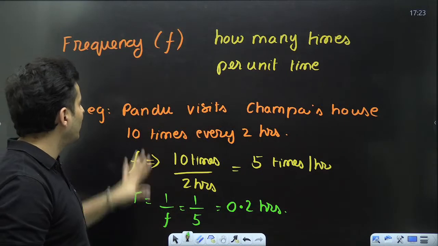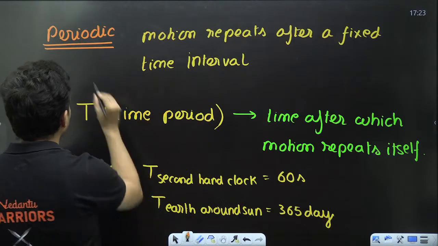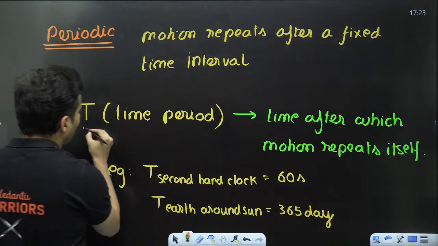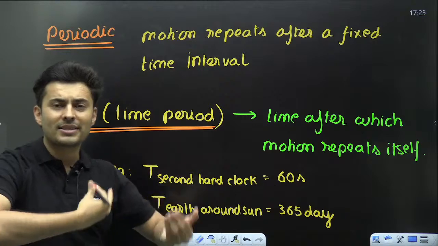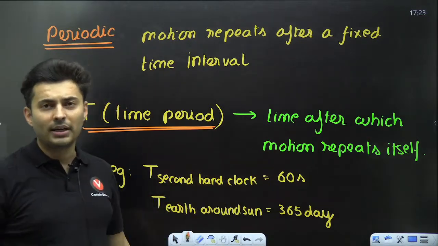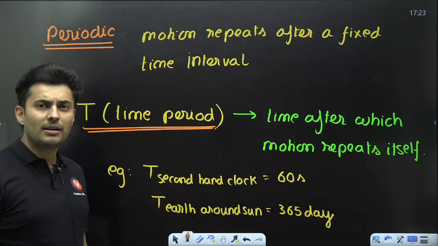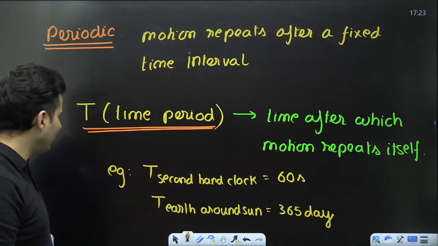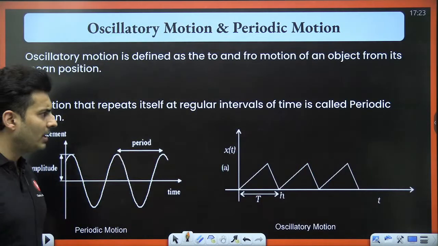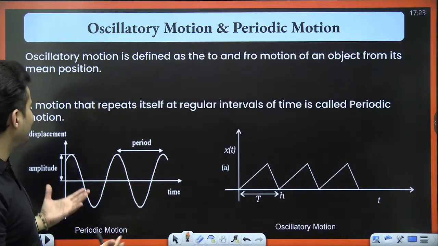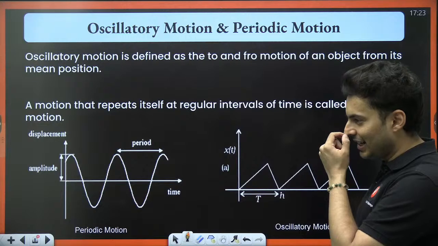You now have clear-cut knowledge of what is frequency, what is the meaning of periodic motion, and what is the time period of any revolution or oscillation or any repeating quantity. Is this much part clear, my dear students? Very good. I have put up some printed slides as well, just in case you want to have some nice, written content as well.